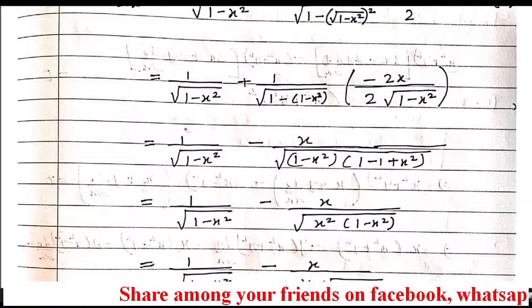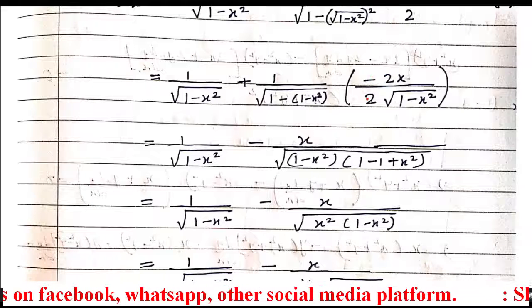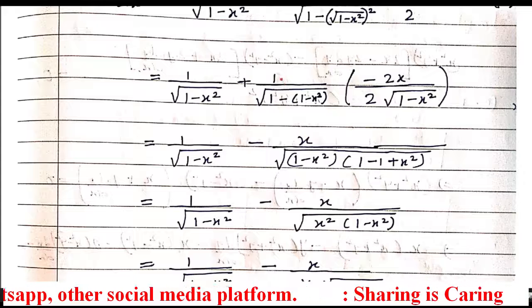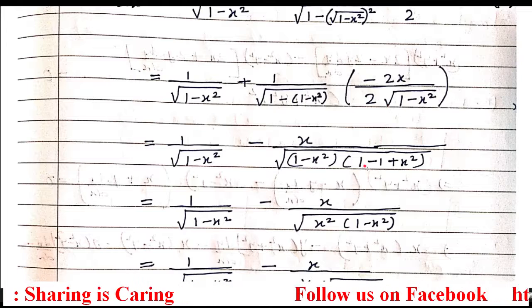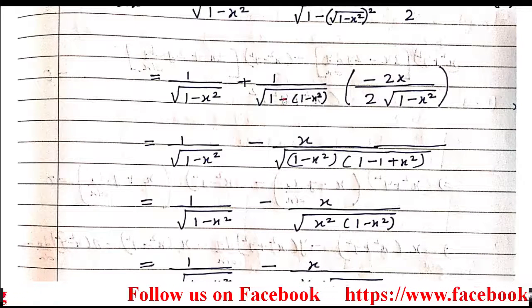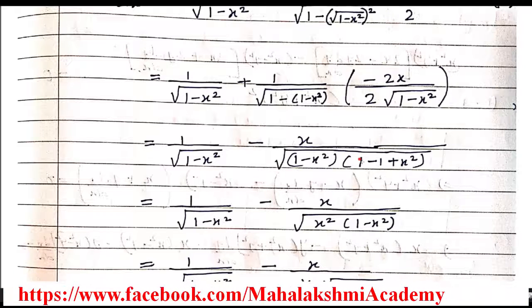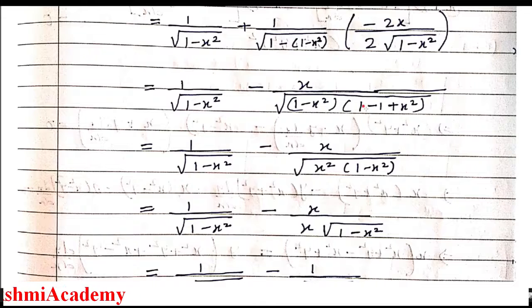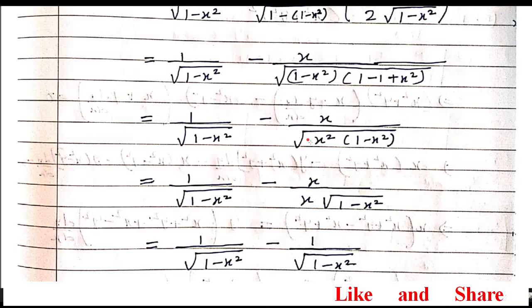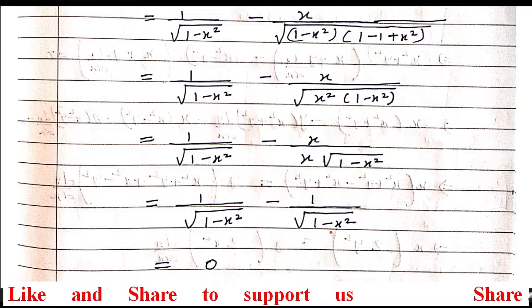Now in the next step, this term as it is, and here this 2 and this 2 will cancel, and this minus x multiplied with 1 becomes minus x here. Now here also root and here also root, so they will multiply each other, and I opened the bracket here, so the sign will change, minus 1 and plus x square. Now this minus and this minus will remove, and x square will come out from the root in the next step. So see here, minus minus becomes 0 and x square comes out from the root, and x gets cancelled by x, so we will obtain here 1 upon root 1 minus x square.